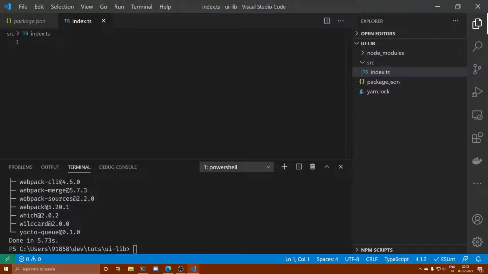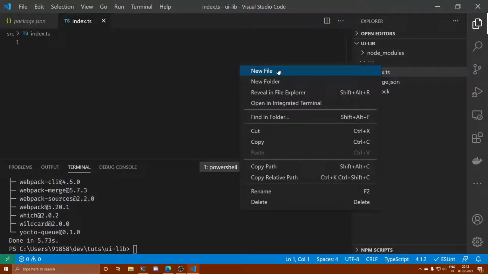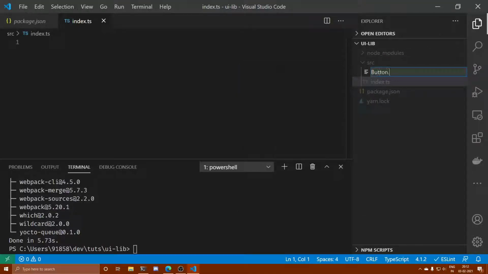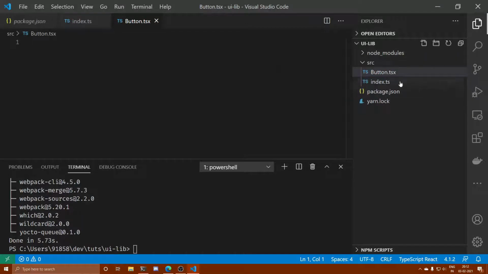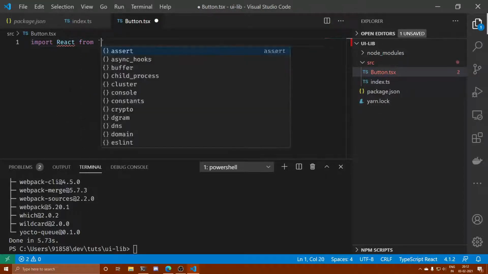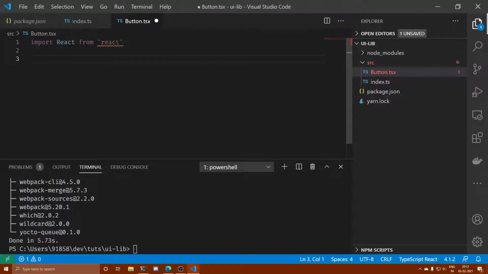Create one more file over here, and that is going to be your main component file, button.tsx. This tsx extension denotes a TypeScript file containing the JSX syntax. Over here we are going to write a really small component. I assume that you already know React because you are watching a video about bundling React using Webpack.